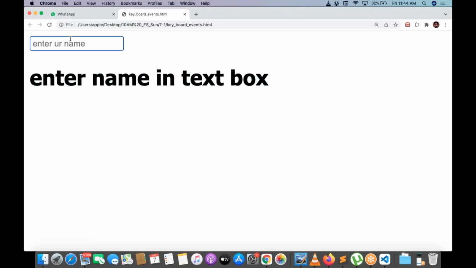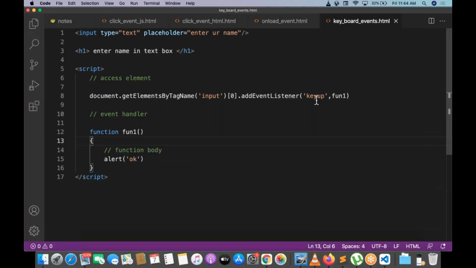Key press. I'm just pressing the key. Just see mine. When I press the key and when I release the key, two events are firing, but one event I'm firing. What is the event I'm firing with? Key up event. Pressing and leaving. Pressing means key press. Leaving means key up. Try to understand. This keyboard has a lot of keys.